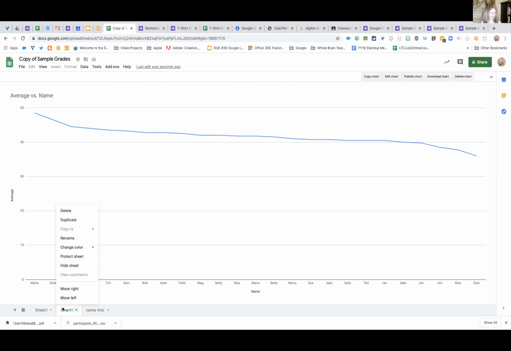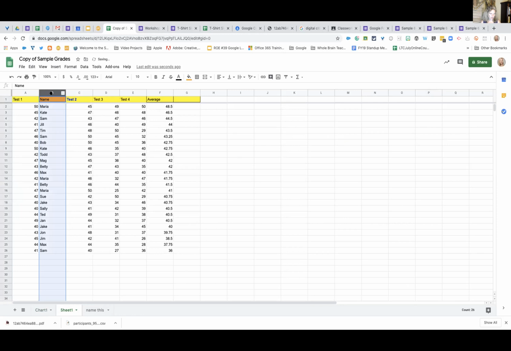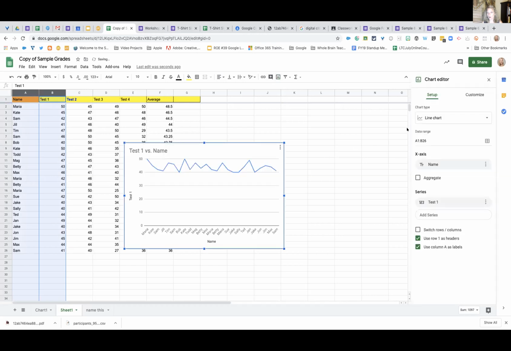I can move these to the right or left by right here, or I can just take it and drag it and move them as well. So if I go back to sheet, I first made a chart with the name and average. Well, let's say I want a chart with the name and test 1. So all I have to do is highlight them both here, A and B columns, and then I can go back here, insert chart, and then voila, it puts a line chart